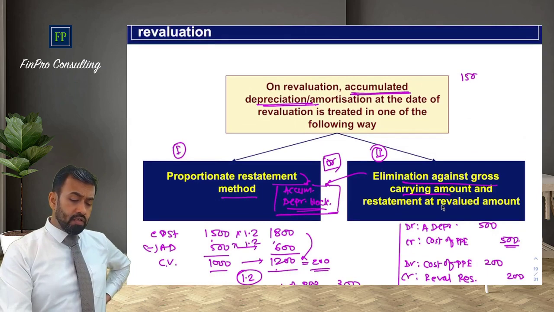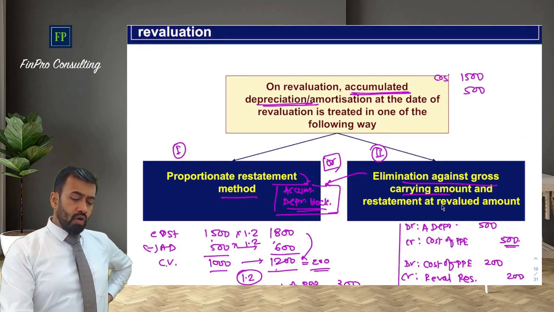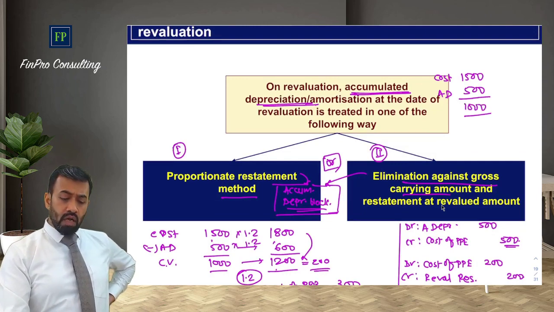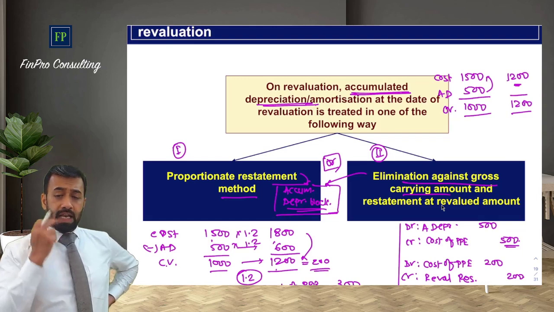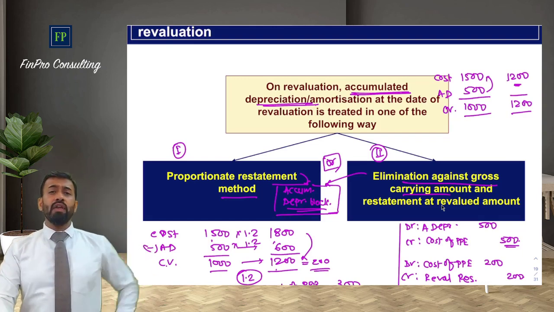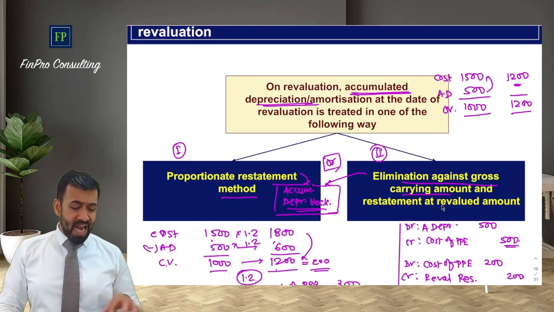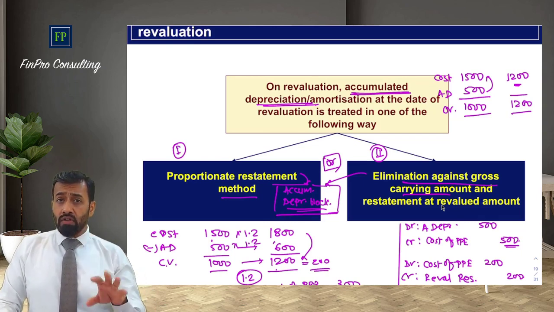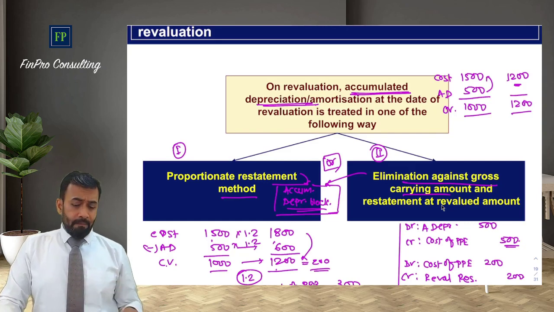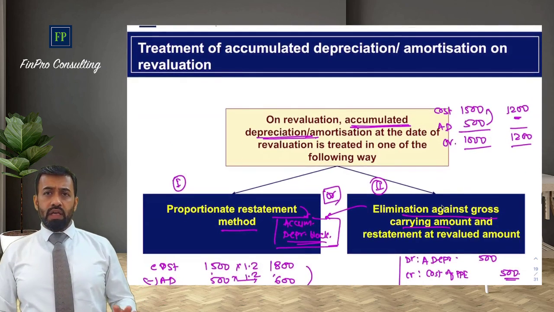So in this case, let's say this is 1500, this is cost, this is accumulated depreciation, and this 1000 is the carrying value. It is revalued to 1200. Set this as 0 because you write it off against this cost, and this becomes 1200 with the second entry. Alright. So this sort of accounting entries will have to be passed in the system, and then either restate or wipe off the accumulated depreciation against the cost. Alright. This is how you have to provide accounting in the system.